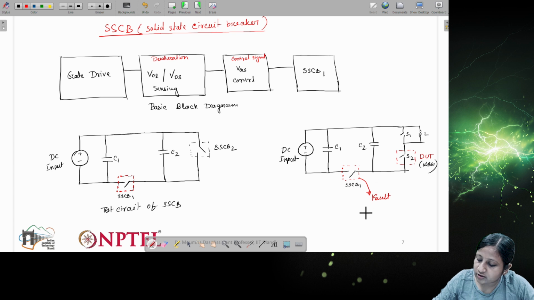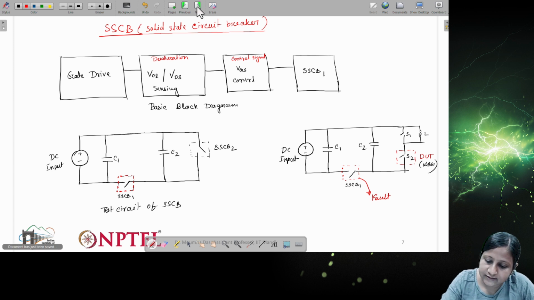And before this fault condition, before using this, we have to set the SSCB control, and this control will come from the basic block diagram. So we can set the values; basically two parameters we need to set for SSCB.